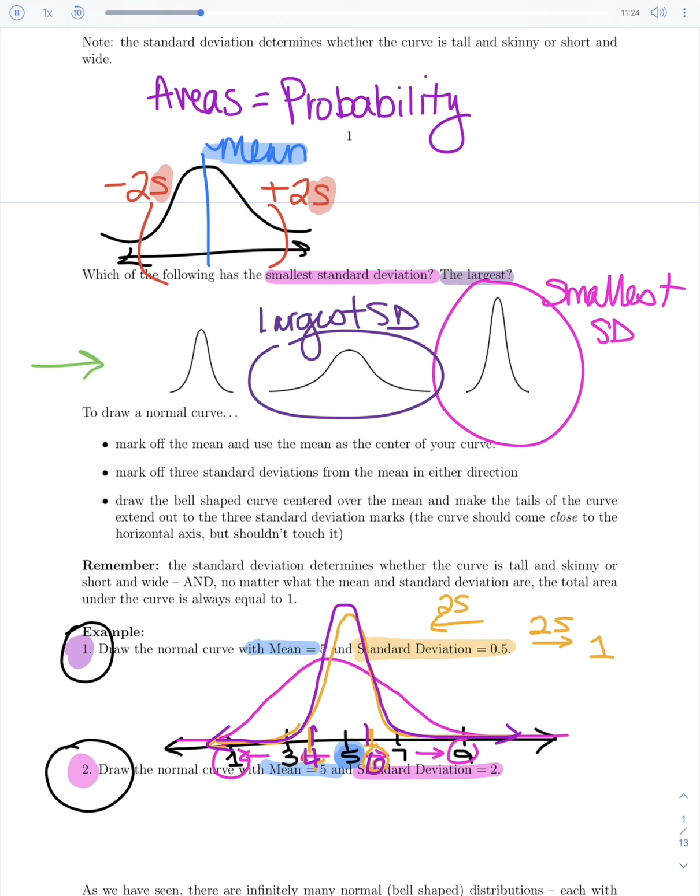Notice these are all normal curves. They're all bell-shaped, they're all symmetric, they all go on forever. But what happened is people got really tired of, oh my goodness, there are so many different kinds of normal curves. They all look very similar. They're all bell-shaped, they're all symmetric, they're all slightly different. And people